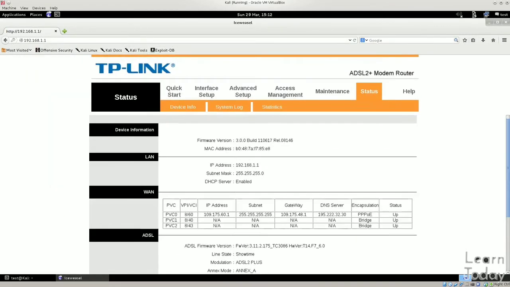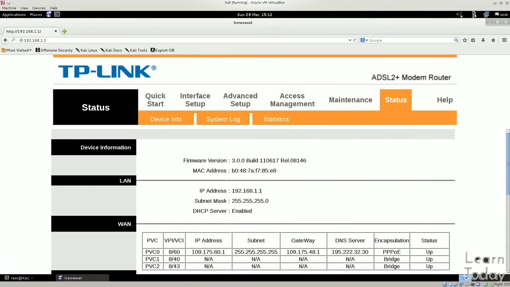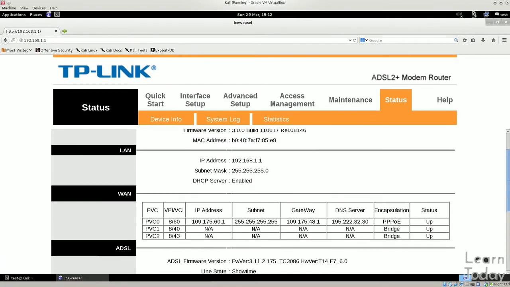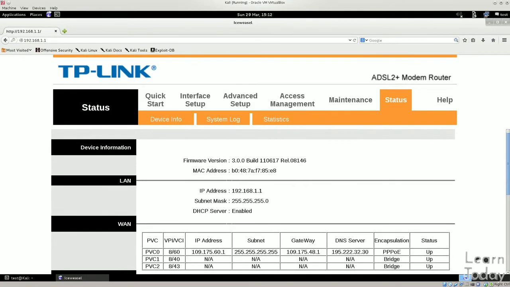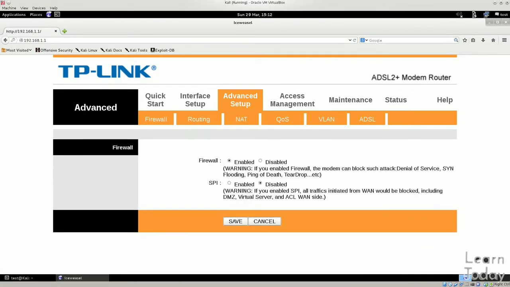And there we go. Let me just zoom it in for you. So this is the interface of a TP-Link router, and there are lots of settings here, but we are interested in the DNS settings, and let me just find them to see where they are. You will encounter a lot of things in these routers. You will encounter different configurations, different setups, and sometimes it can get a bit tiring to actually find where is